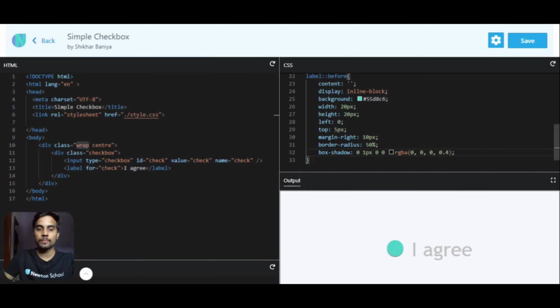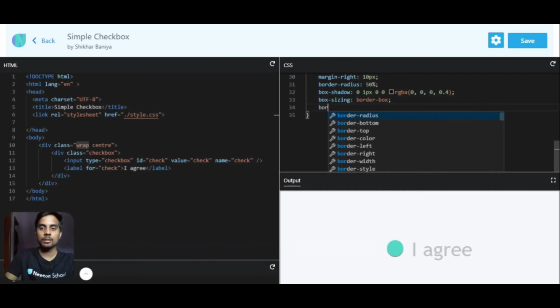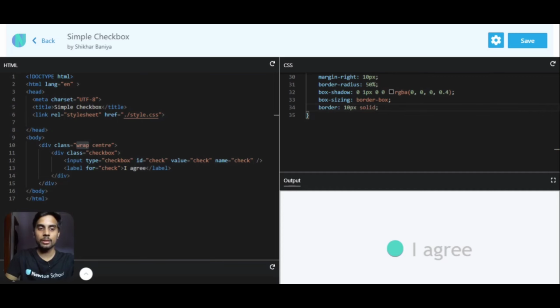All right. Next, let's change the box sizing as border box. Let's add the border. So border will be 10 pixels solid and color will be FFF.